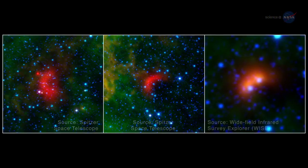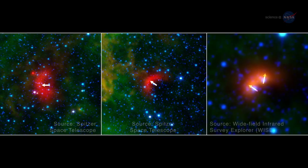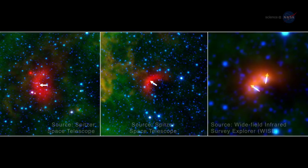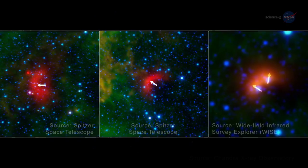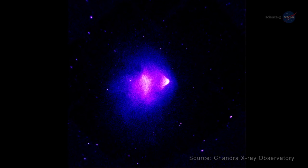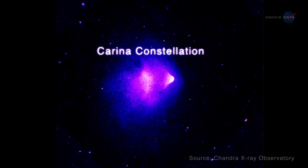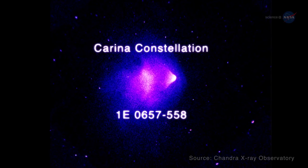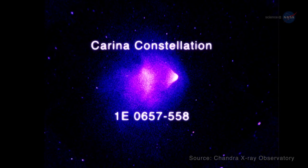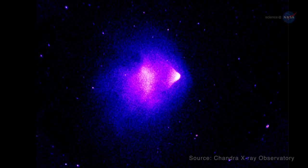Studying stellar bow shocks can reveal the secret motions of the underlying stars, telling us how fast they're moving, which way, and what they're moving through. An example of a bow shock on an even grander scale is seen in this cluster of galaxies located in the Carina constellation, called 1E 0657-558. This X-ray image from the Chandra Observatory captures the moment of a gigantic collision of 2 smaller clusters,